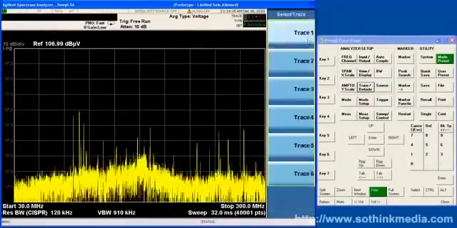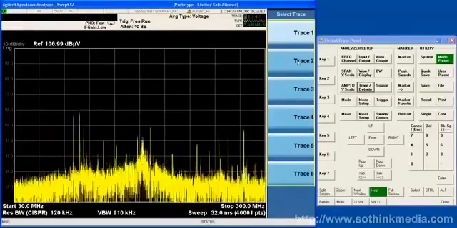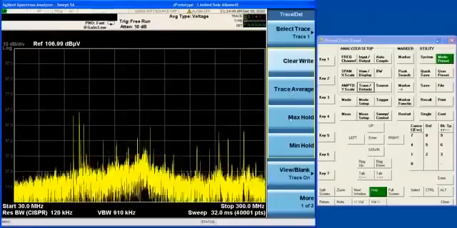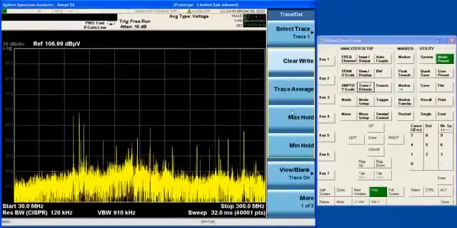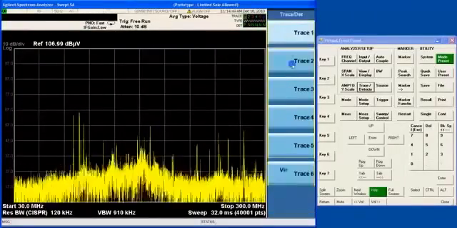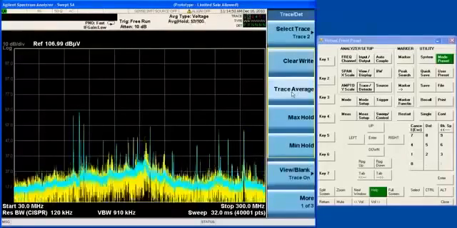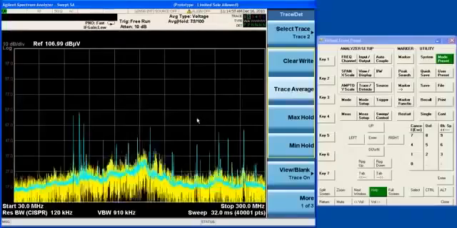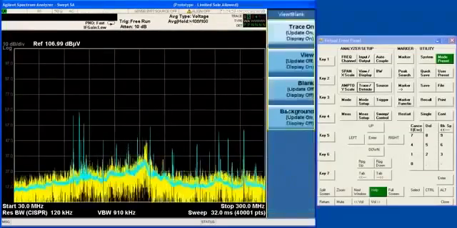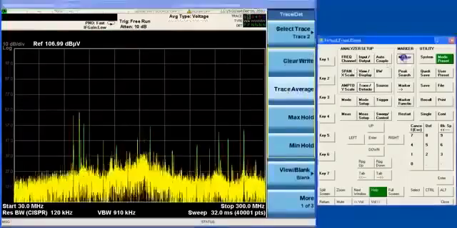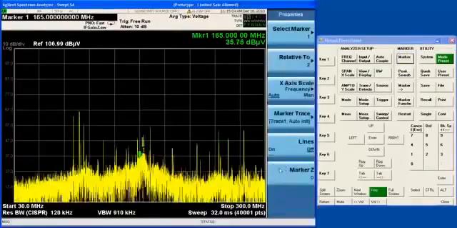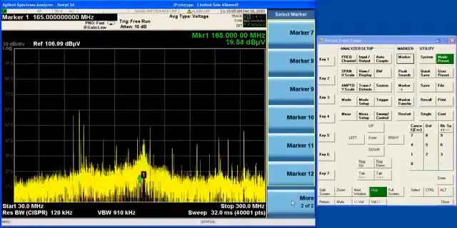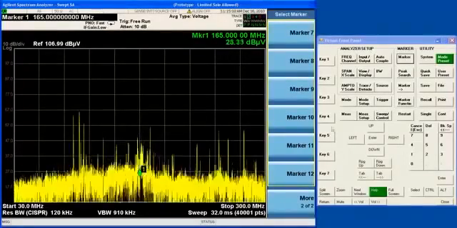First of all, you have up to 6 traces, which you can operate in any of 4 writing modes, including trace, average, and max hold. You can display all the traces at the same time if you like, so I can turn on an average trace at the same time as a peak trace, and all the traces display in different colors so it's easy to distinguish them. Also, we have up to 12 markers, which you can use to gain more insight into the